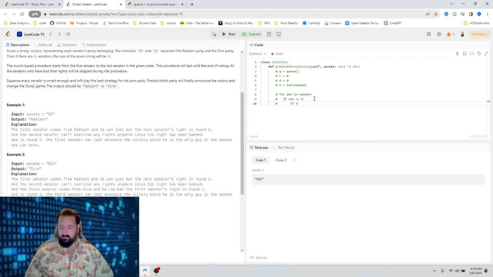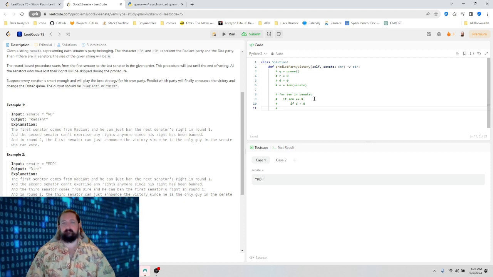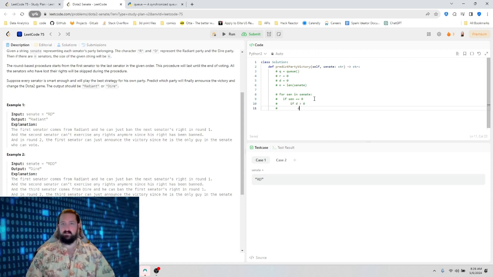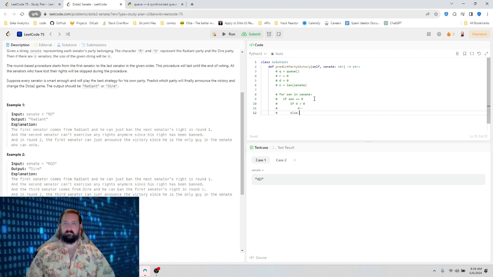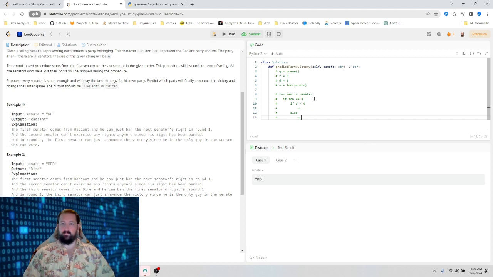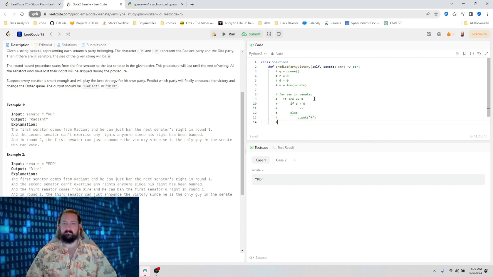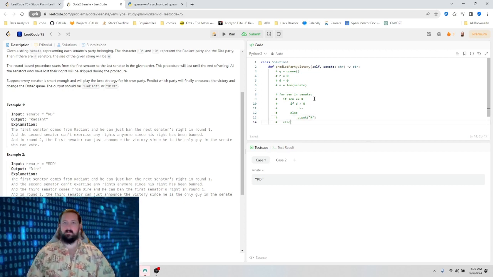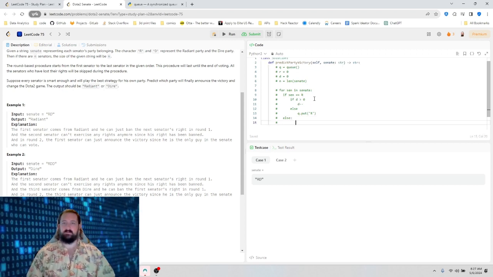If D greater than 0, D minus minus, else q.put R. Else, there's only one or the other, so we can just do else.